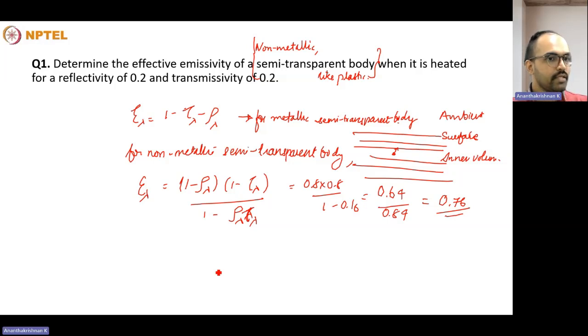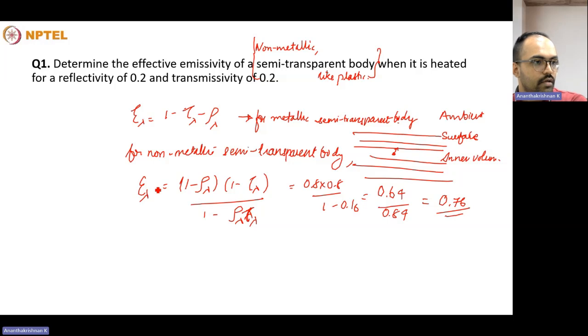Normally, if it was a semi-transparent metallic body, there will not be multiple layers. You could have straight taken a single equation of 1 minus transmittivity minus reflectivity to get the emissivity. But in the case of a semi-transparent body of non-metallic material, we have to go for this correlation, this equation, which takes into account